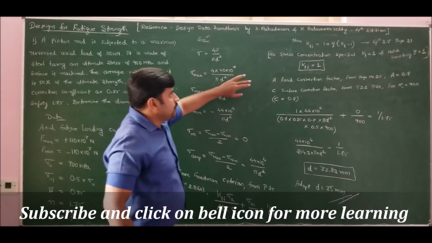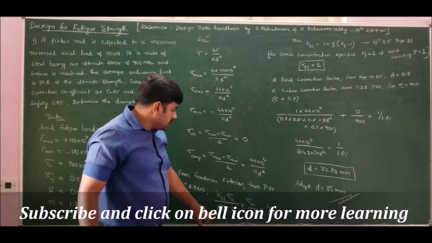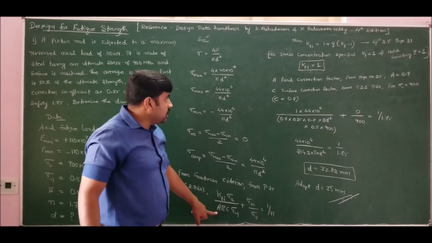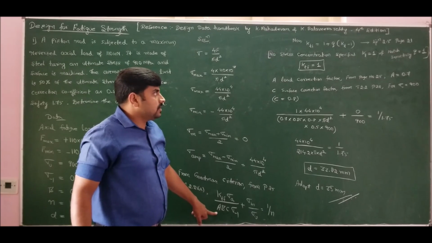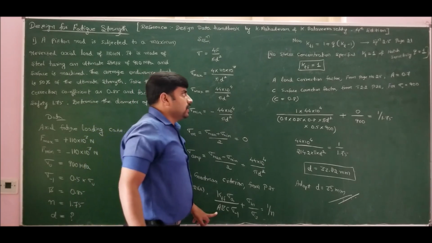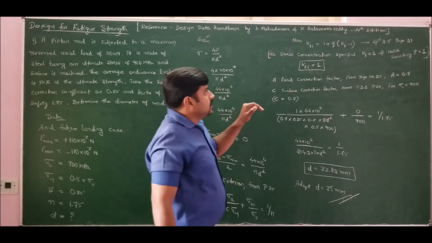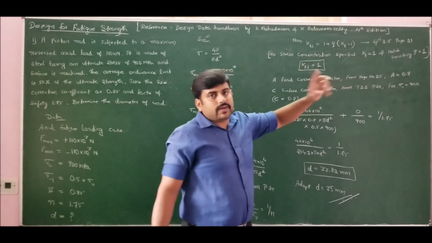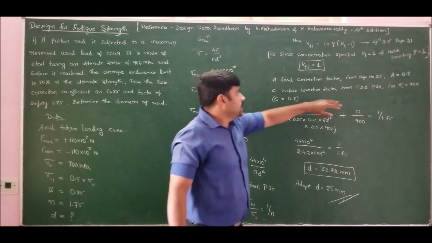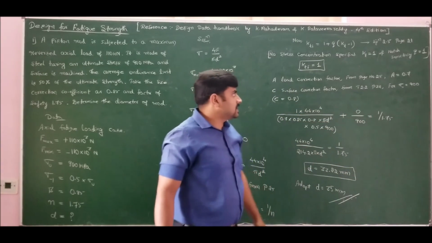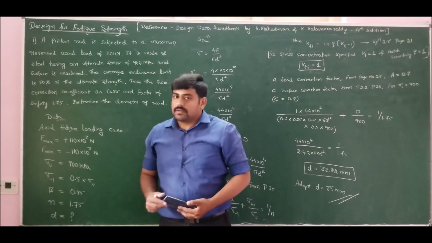So always make a note, the difficulty students always face is finding the values of A and B. The value of A is 1 for reversed bending, 0.7 for axial loading, and take 0.6 for torsional loading, from page number 25, which is specified after equation 2.21e. And coming to C, take the value from table 2.2, refer to page number 32. So this is the complete solution for the given problem.